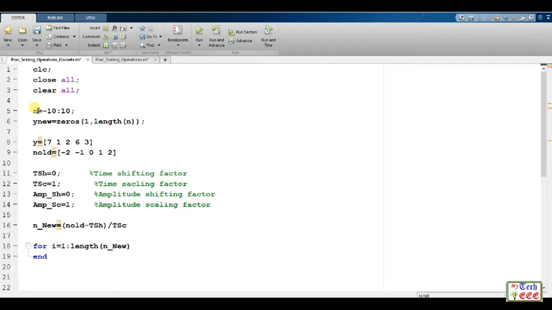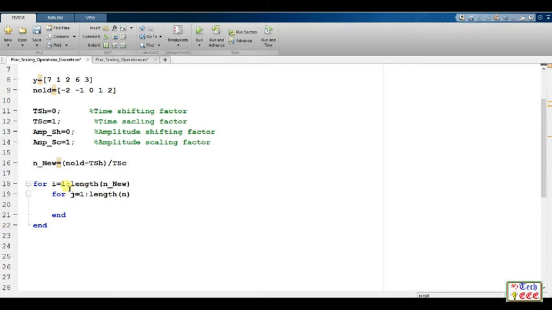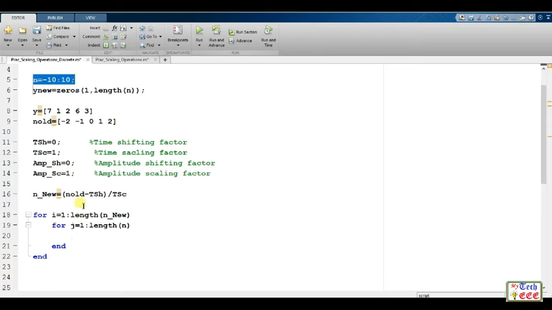Now let's make use of another for loop which runs between minus 10 to plus 10. So this is another for loop which runs from n equal to minus 10 to plus 10. I will first pick the elements in n new and I will compare this against the elements in the variable n.